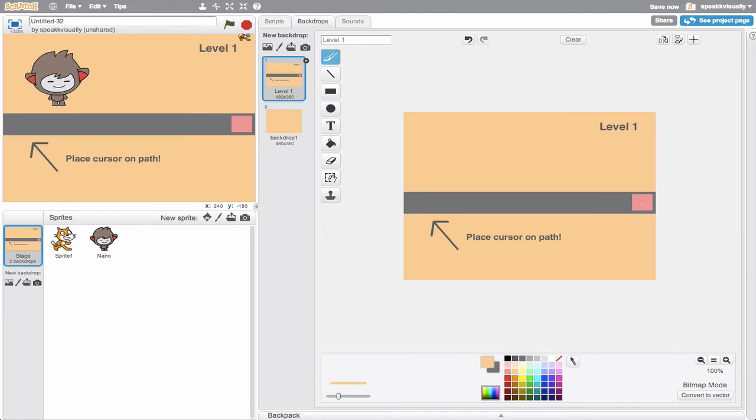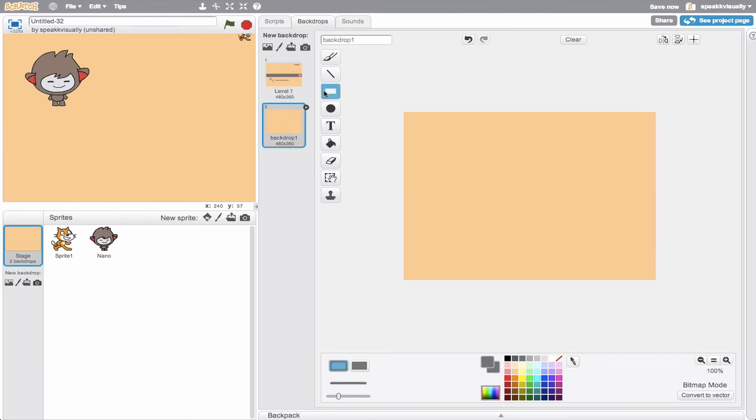Then I want to have it start approximately here, and I want it to be that gray color for the path, right? So maybe just do a little box here to start the level. Okay, cool. And then maybe I'll paint this in here. Then let's make this a little bit tougher, so we don't want it to be too easy. So maybe go up, and then fill that in,